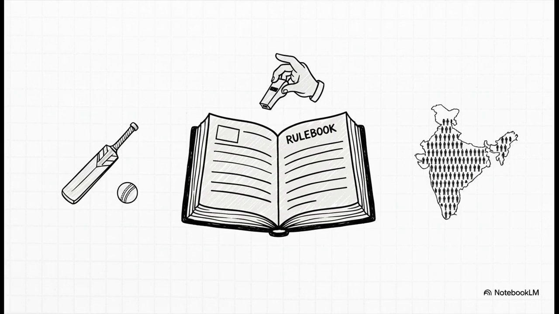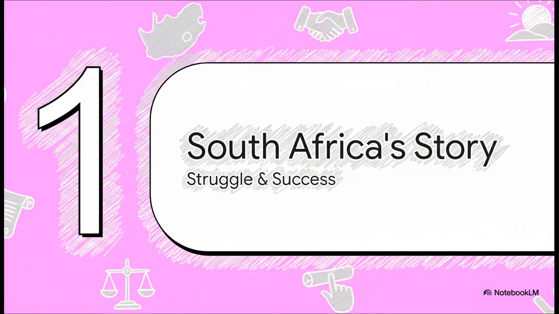Exactly. And just like that cricket game, a huge country with crores and crores of people needs a set of rules that everyone, and I mean everyone, agrees to follow. This big, supreme rulebook, bachcho, is what we call a constitution. It's like the ultimate umpire for the whole country. So simple. Now, to really understand why this rulebook is so important, let's travel to another country.